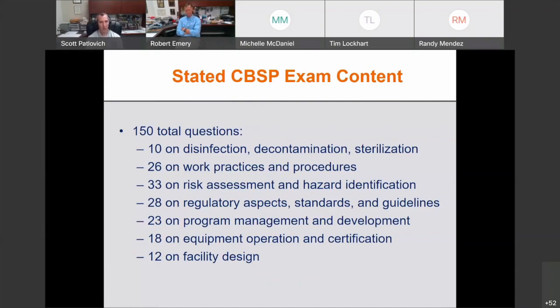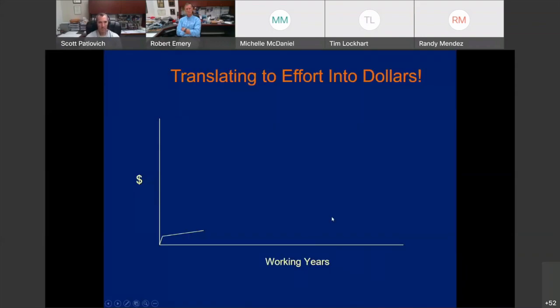The exam is 150 total questions. There are very clearly listed professional competencies that you need to know in order to prepare and be successful in passing the exam. So make sure you understand the question distribution for these 150 questions. These are pretty clearly stated by the American Biological Safety Association. As part of your preparation, study, and strategy, you're going to want to focus in and understand all of this so you can target your studying appropriately.